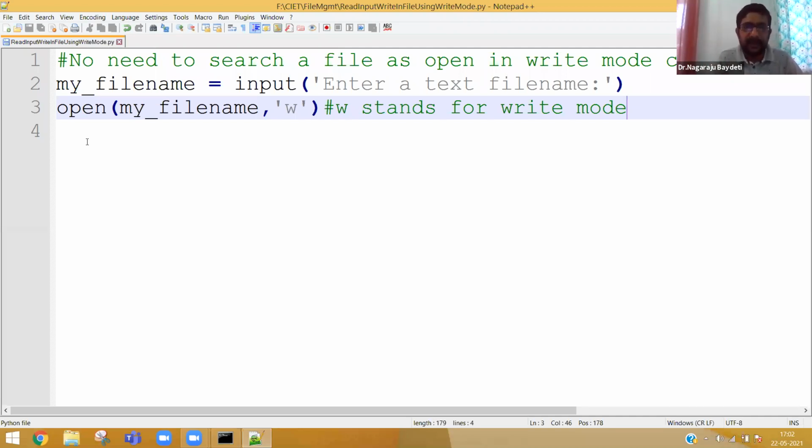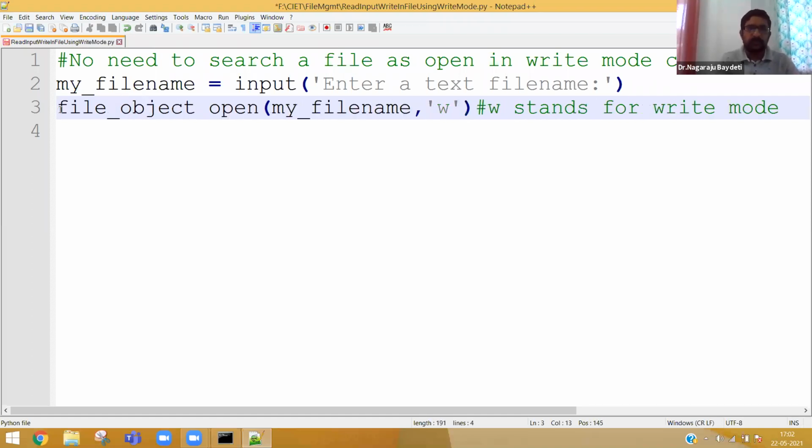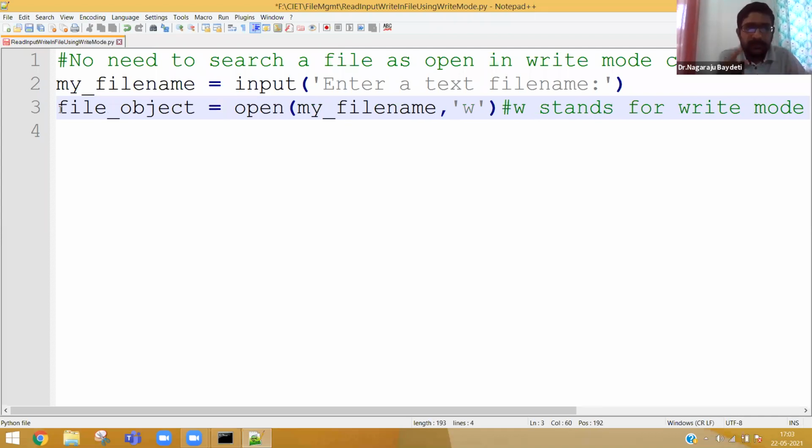But here there will be a file object. So you can say file_object is equal to. Now file_object is a file stream object which got permission to open a file in write mode. In write mode.